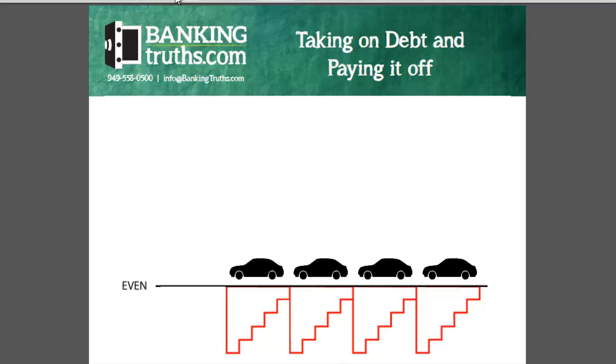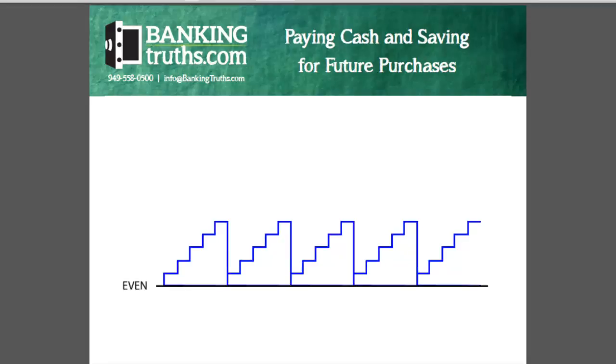Now if we move on to what it's like to pay cash, what we can see is that before you can even make the purchase, you first need to save up money into an account, often earning little or no interest, in order to pay cash for that purchase. Now, even though you don't need to pay principal and interest to an outside institution for the use of their money, if you do want to pay cash for the next round of that purchase, whenever that is, you do need to make principal payments back to that account, earning very little or no interest in order to pay cash